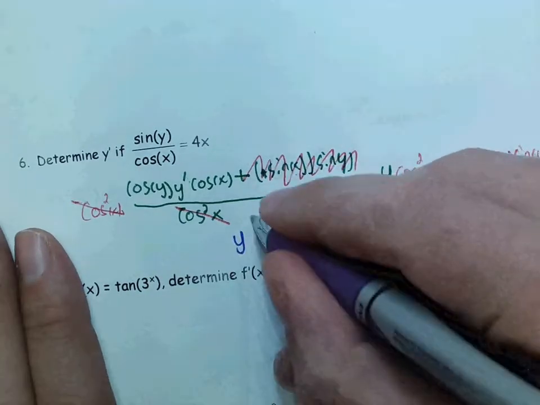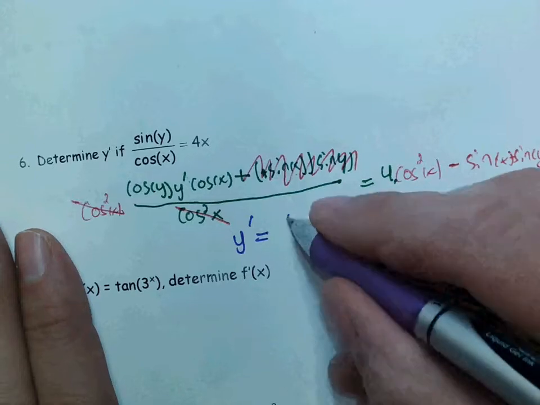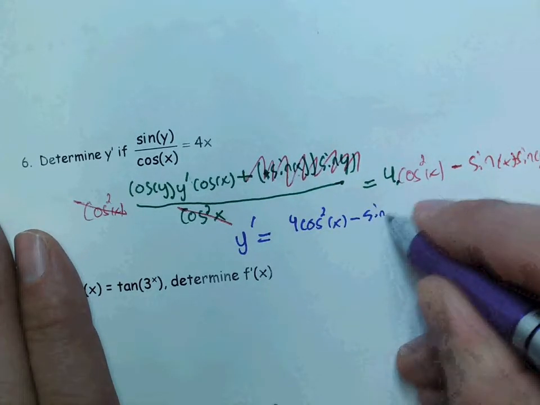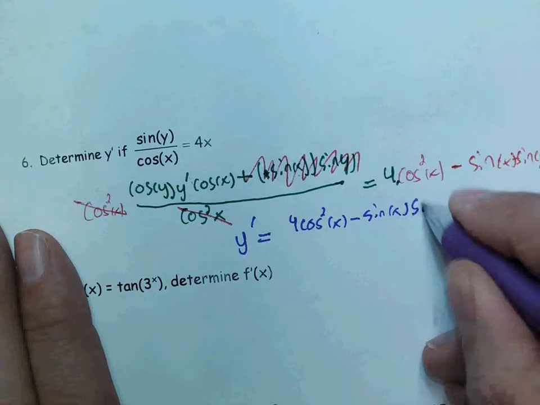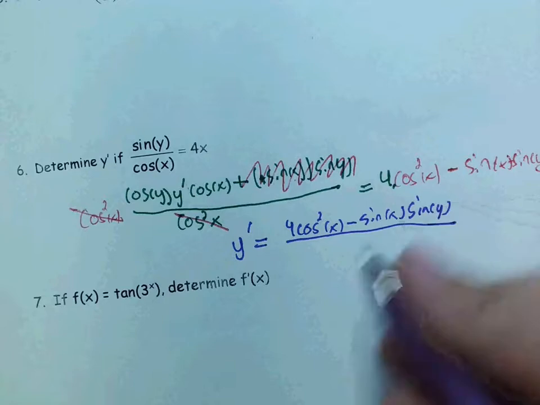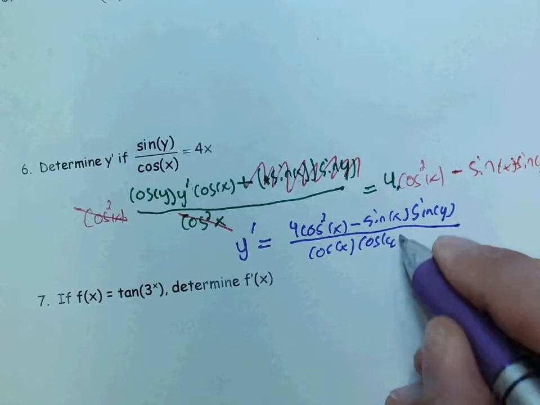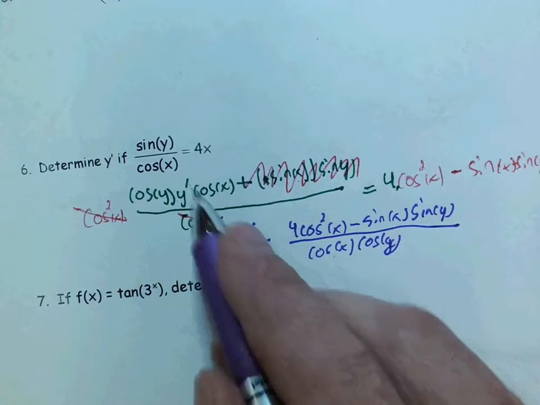So y prime is going to equal all of the things we had on the other side, 4 cosine squared of x minus sine of x, sine of y,